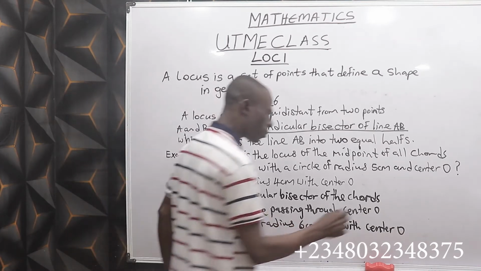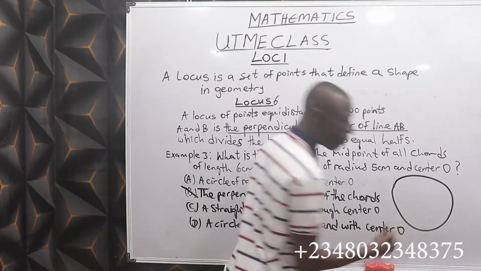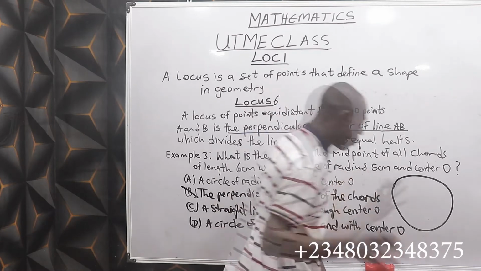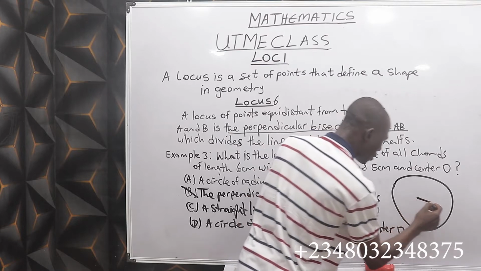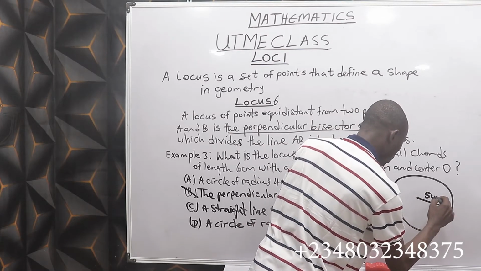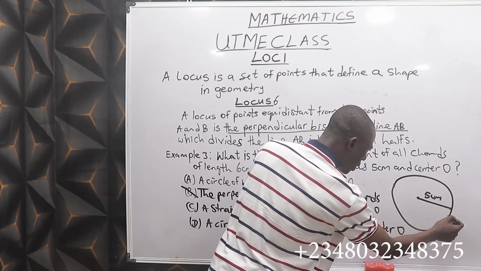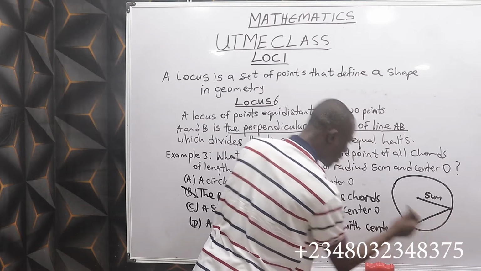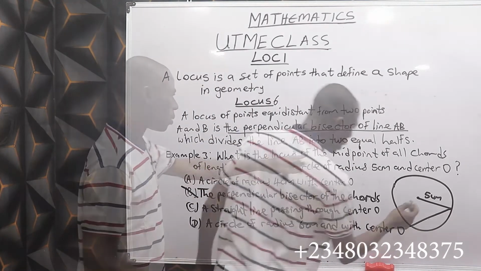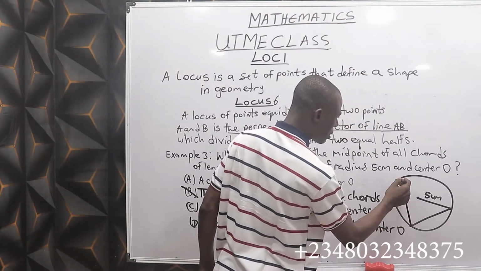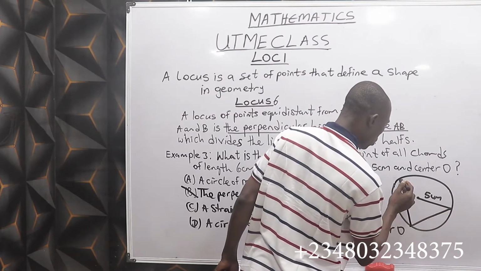Let me explain. Given a circle like this, don't mind my circle, it's my hand, not a compass. So, center O, radius 5 cm, chords. Let me draw chords like this. Chord 6 cm. If there is another chord like this, another chord like this, we don't know the number of chords there,